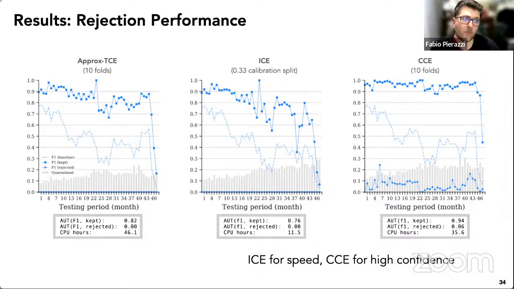And here is a comparison between approximate TCE, ICE, and CCE. In general, what I want to highlight is that we also computed the overhead in terms of CPU hours. You see it in the small rectangle, as well as the AUT. These are the same plots that you have seen in Tesseract. And the long story short is that if your priority is speed, you should go for ICE, otherwise CCE for